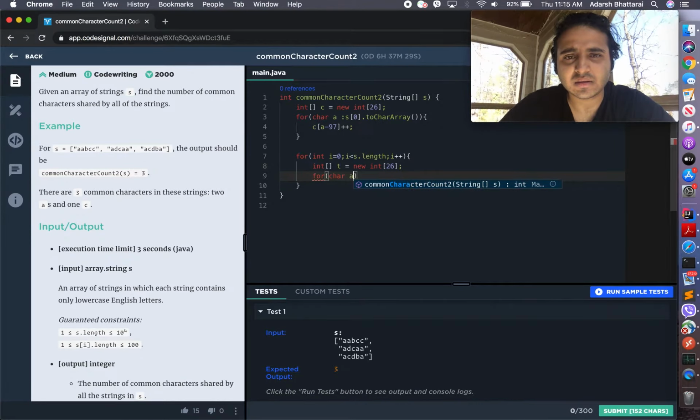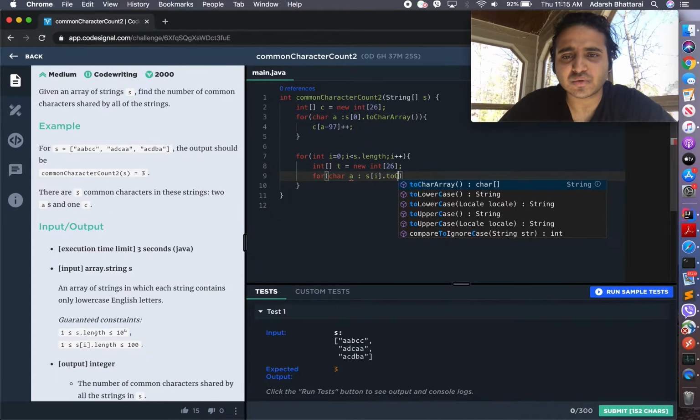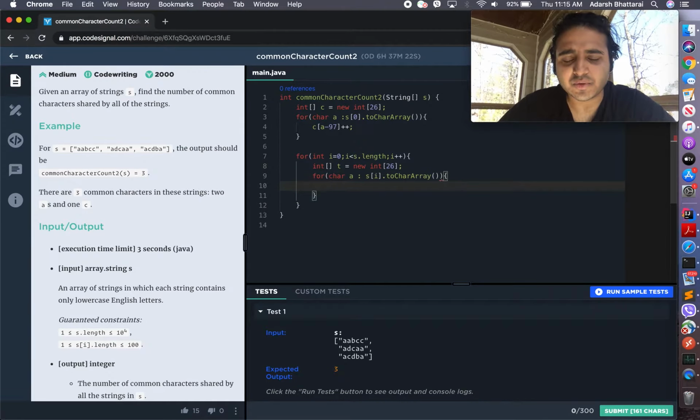Then for every character A in si.toCharArray, what we're going to do is, if that value is already present in our all common values, C is basically our common, so if that is present, then we can increase the count. Basically what we can do is, this T of A minus 97 will be, if the value in C of A minus 97